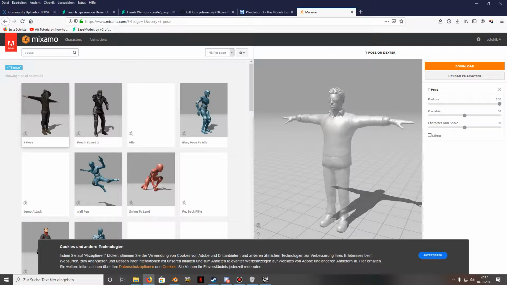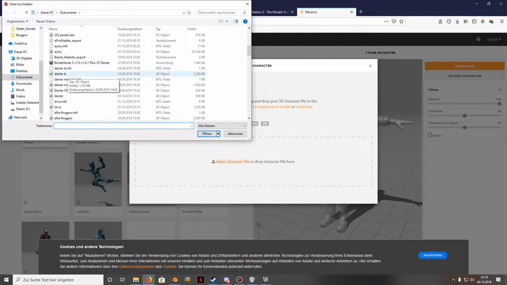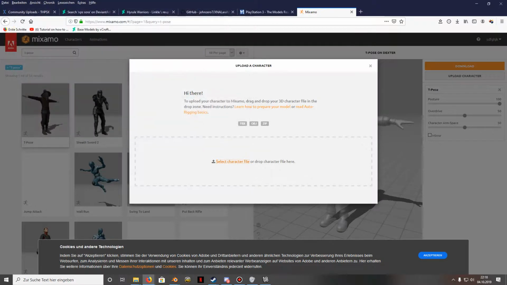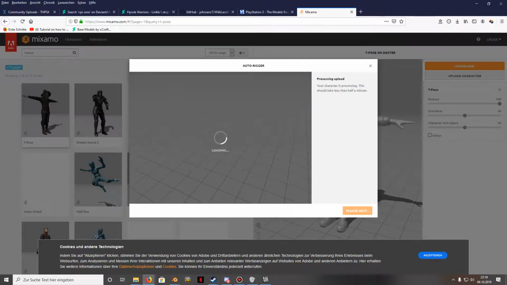Mixamo, where you can attach bones to a character that doesn't have one. Just sign in, upload a character, select the character. You can use a zip file with the textures, so it will have textures on the page, but I will just use the object data. You can import OBJ and FBX files. This will auto-rig it for you,